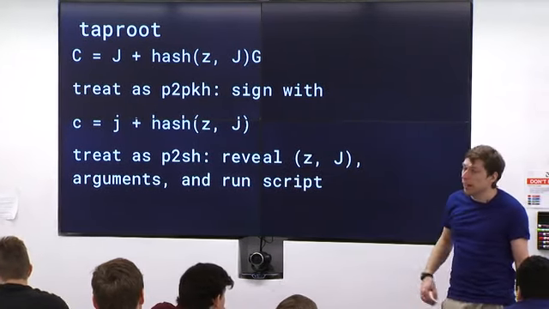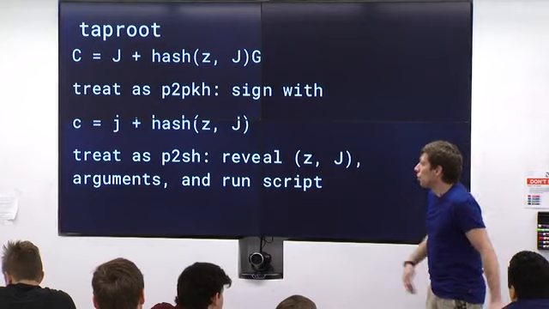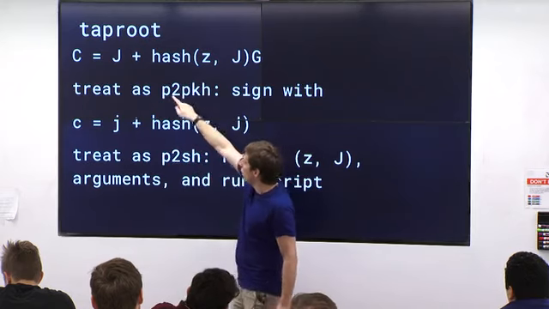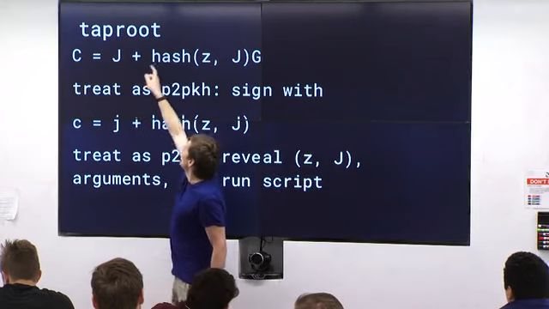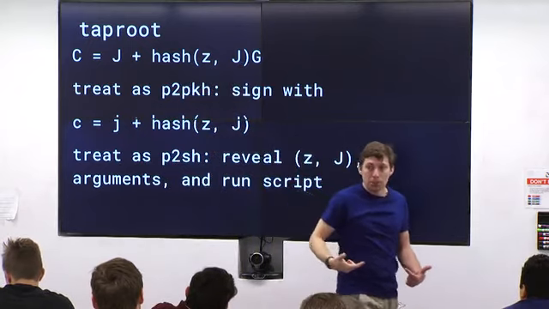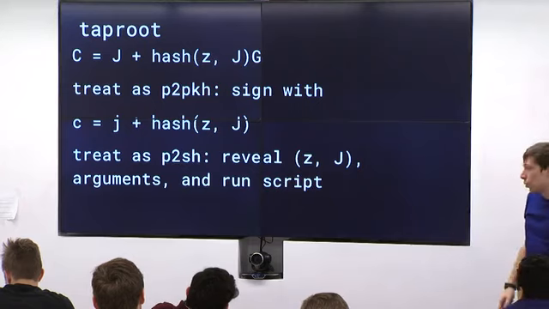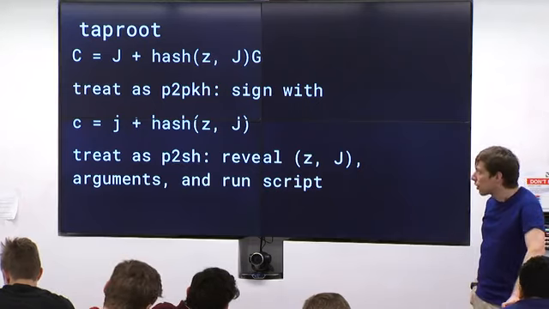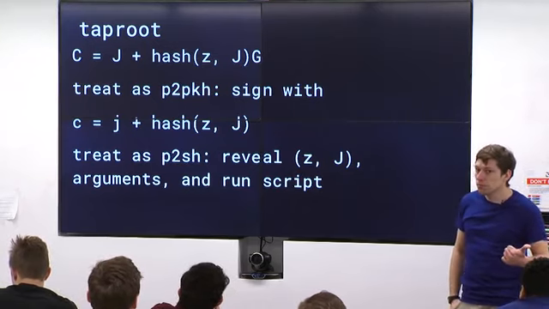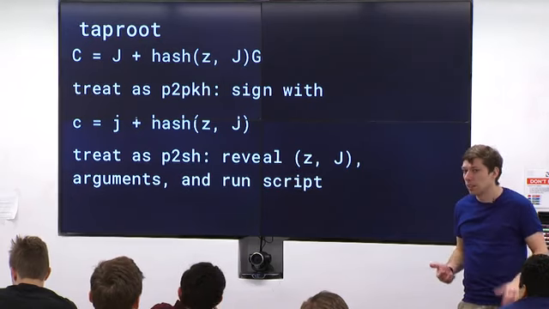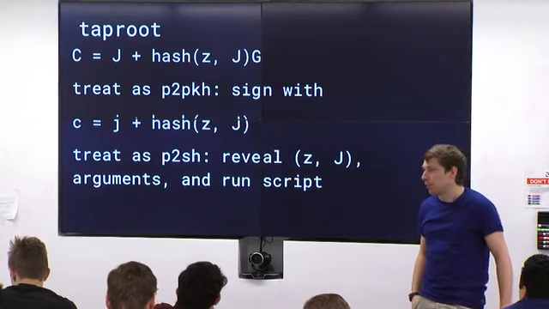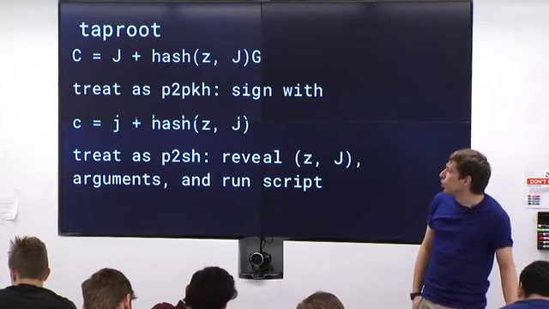However, if I want to reveal, hey, actually this time I'm using the script, I reveal J and Z, and everyone computes: if I add J to the hash of Z and J times G, does that equal C, the key that is in the output script itself? And if it does, cool, that was a valid proof that you actually committed to Z. And now I run the script Z. Any questions about this? Make sense? So it's actually pretty simple. It follows directly from the proofs from the pay to contract hash. And it's really cool because,